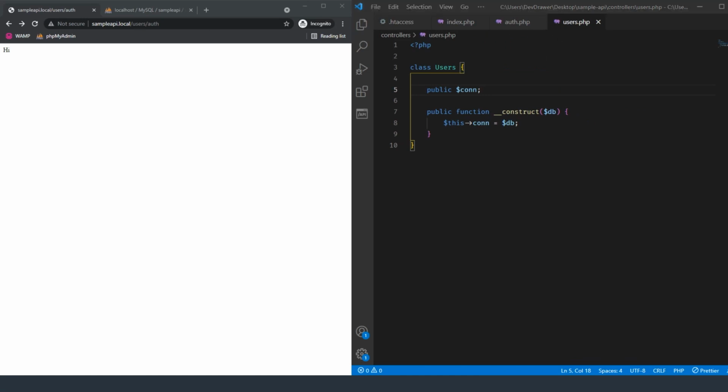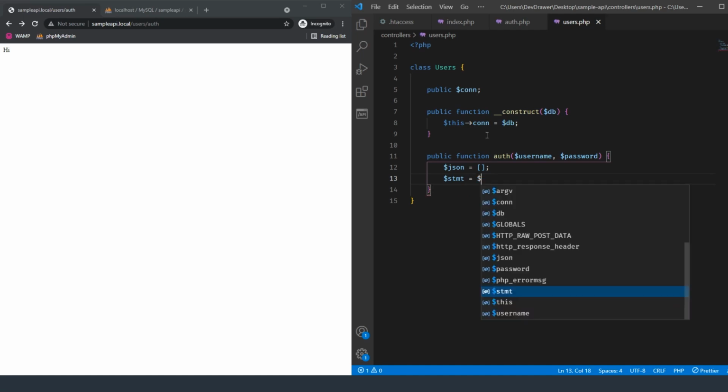And inside of our users function, our users class, we need to set it up so that we can select a specific user based on a username and a password. Okay, so this should be a pretty easy function. So let's do public function auth, and we're going to pass a username and a password to there. And then we're going to be passing this as a JSON object. So let's do JSON equals array, and then let's do our statement equals this